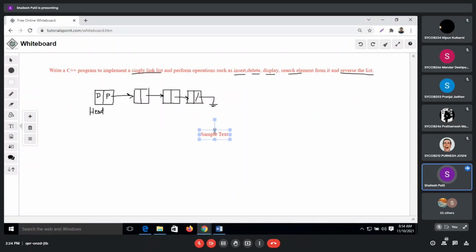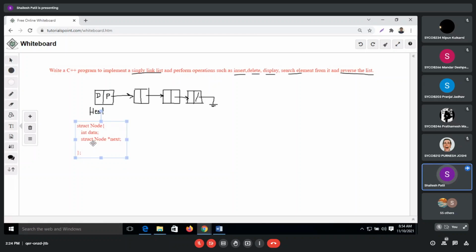Okay, so now we'll see how a single element is to be created. We already went through a short program yesterday. So we'll have a node like this. I'll just write struct node. That is my structure, and it contains 2 parts: an integer data, and next I need a pointer to the next node. The pointer should be of the same type, so it will be struct node star, and I will call it next.